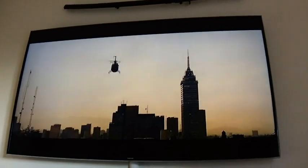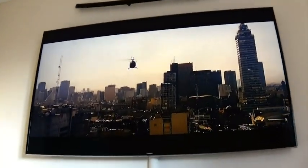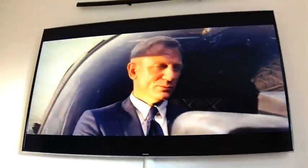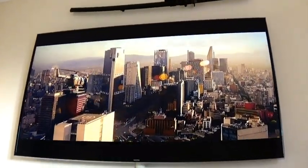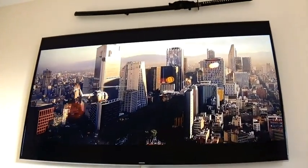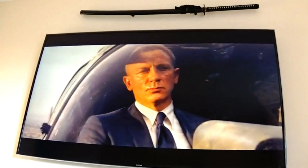So let's just enjoy this little view of the start of the movie. Yeah, the bit in Mexico, I was talking about Rome before. The bit in Mexico is one of my favourite scenes in the entire movie. And I was also talking about the villain, in my opinion, although Blofeld should be a great villain because they've already used him before in the Sean Connery ones. Is it the Sean Connery ones? Or was it the Roger Moore ones? I can't remember. But all the same,